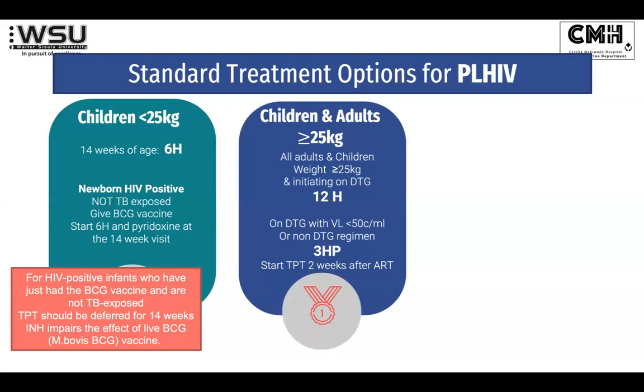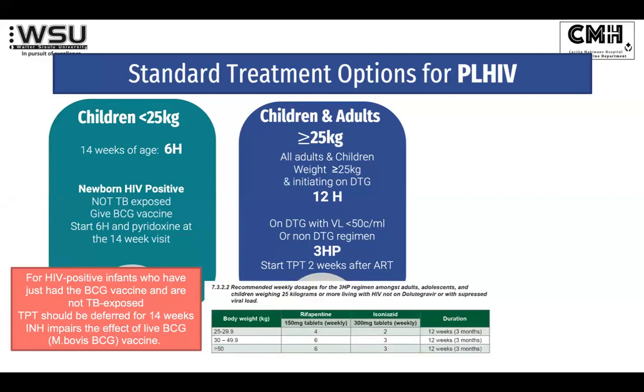But there's a proviso that if you've got somebody who's already on dolutegravir and the viral load is suppressed, or if they're on a non-dolutegravir regimen, I can't quite think who that would be, then they could potentially get the 3HP. So then they can also have that easy 3-month, 1-weekly preparation. And they do recommend that you would wait 2 weeks before you would start your TPT after starting the ARVs. And then there's a little table in the guidelines in terms of your dosing for that weekly